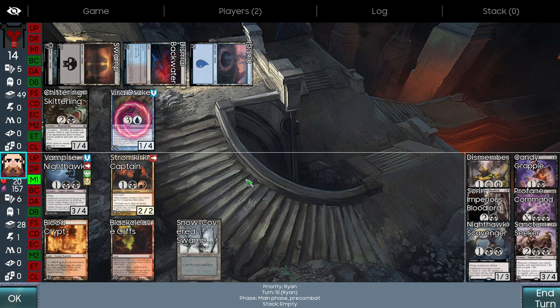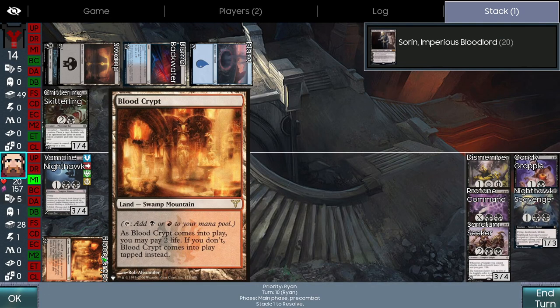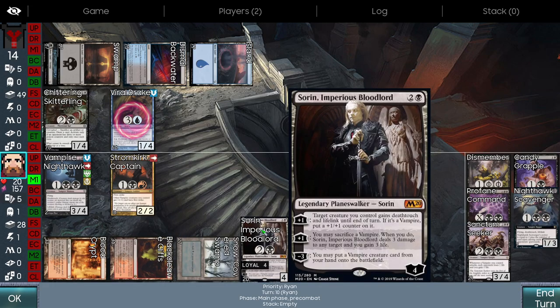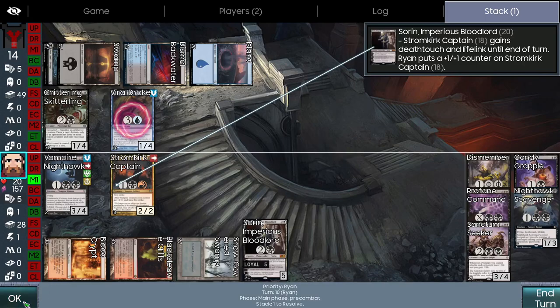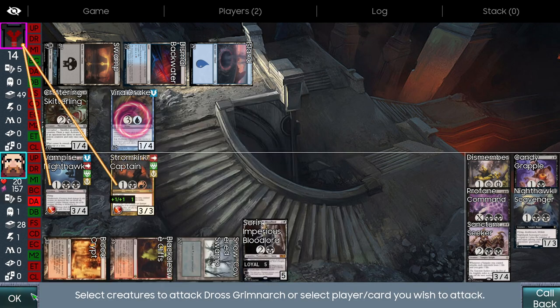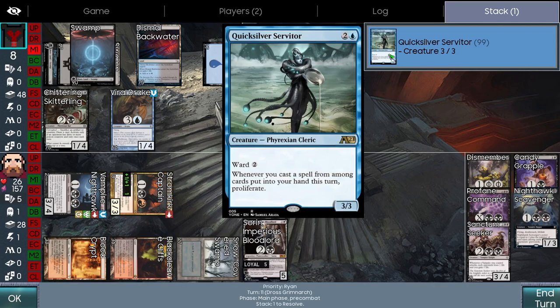Alright, that's probably worth it. We have First Strike Death Touch. I don't really need to take any actions like that. I'd probably just put down Sorin and then plus in. Let's give Captain some help for that. Opponent to 8. Whenever you cast a spell from cards in your hand this turn...